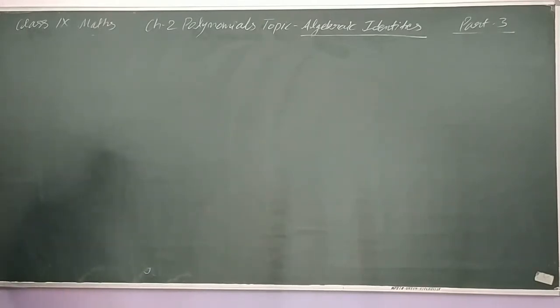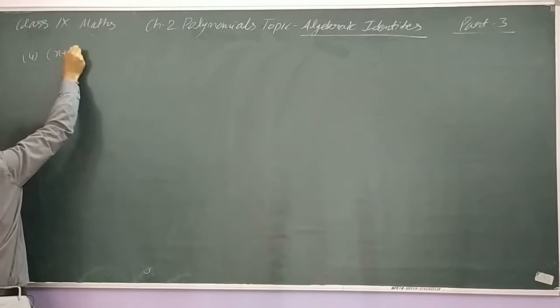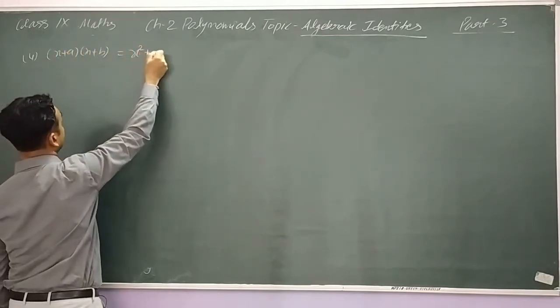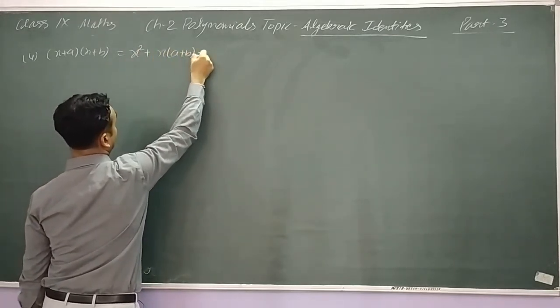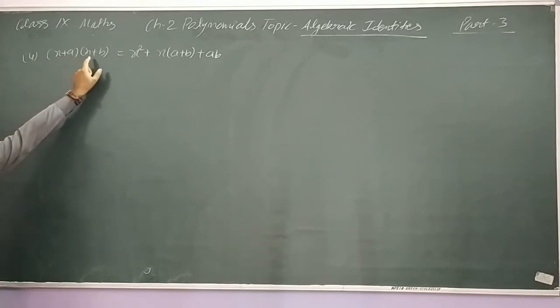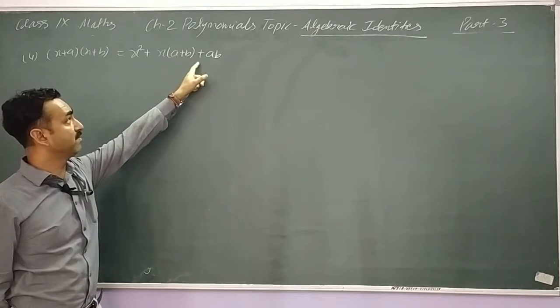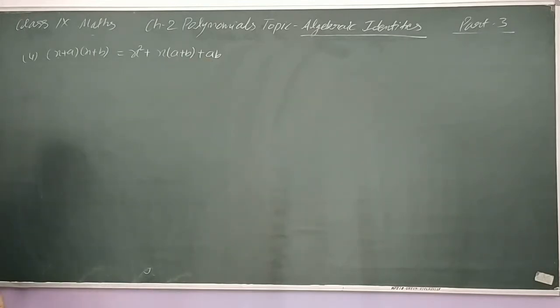Next identity is (x + a)(x + b). The fourth identity: (x + a)(x + b) is equal to x² + x(a + b) + ab. So this is the fourth identity, (x + a) multiplied by (x + b) is equal to x² + (a + b)x + ab. So how can we use this identity to solve the